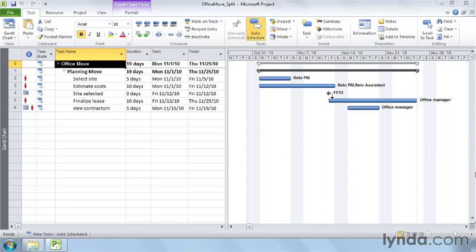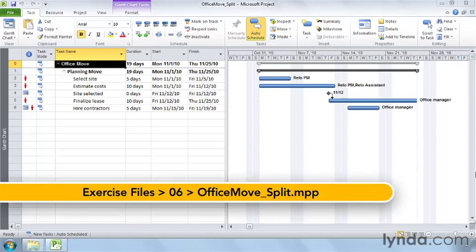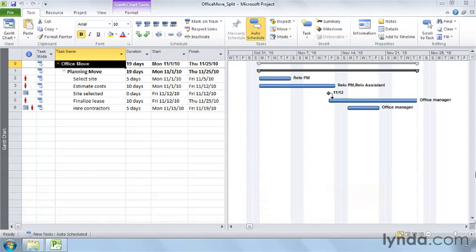When tasks overlap, the assigned resources may have more work than they can get done with the time they have available. If you don't have other resources you can assign, you can delay tasks so the assigned resources can work on the tasks one after the other. You can also split tasks into pieces so the resources can go back and forth between tasks until all the